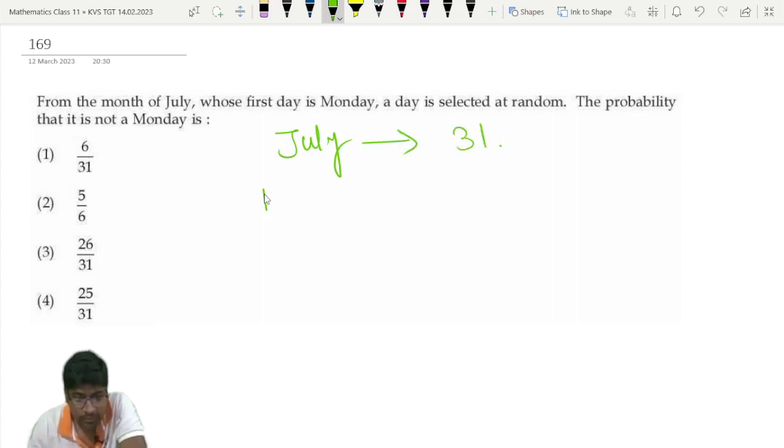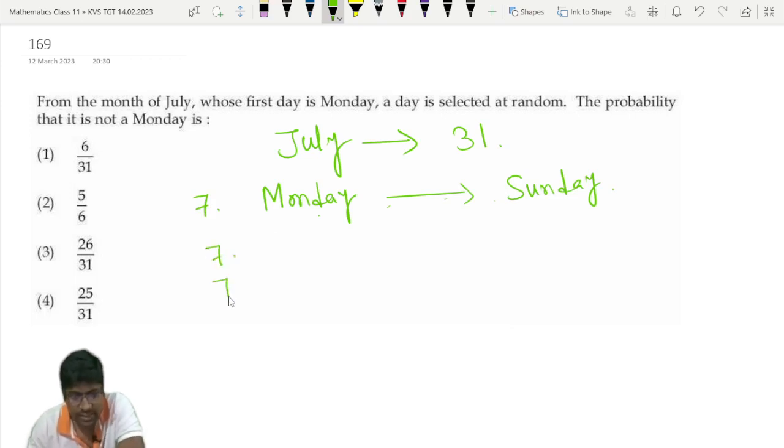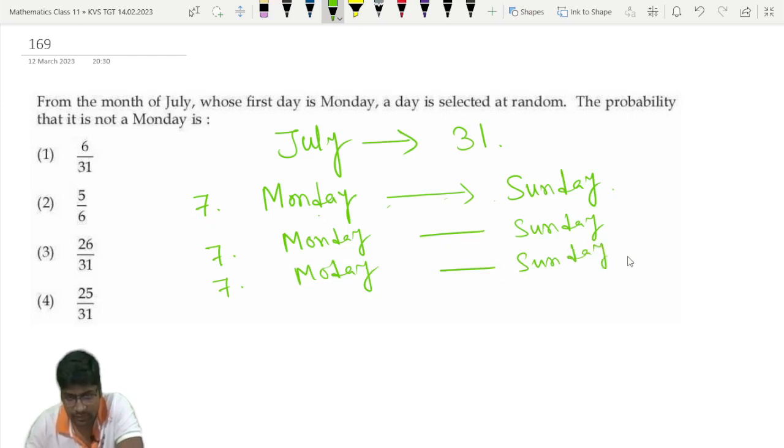Now it is starting from Monday. See carefully, it is starting from Monday, then it will end on Sunday, that is 1 week. Now 1 week we have taken 7 days. Then second week will come, that is also 7 days. Then third week will come, that is also 7 days. All the weeks will start from Monday to Sunday. Fourth week also 7 days, that will start from Monday